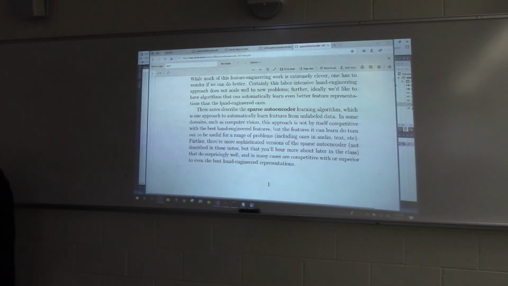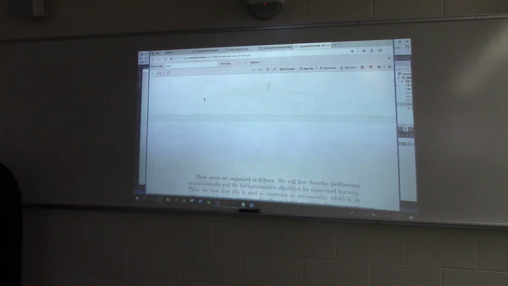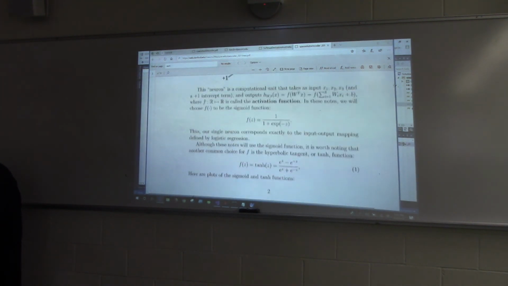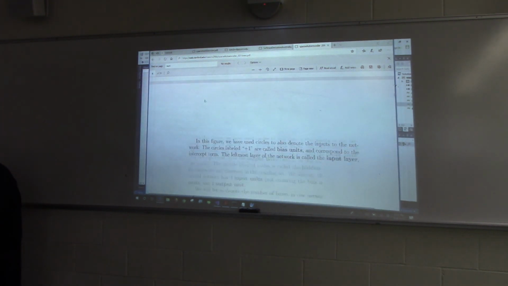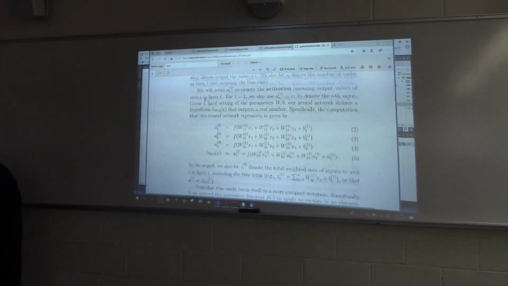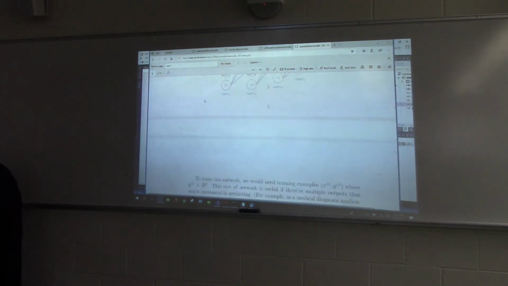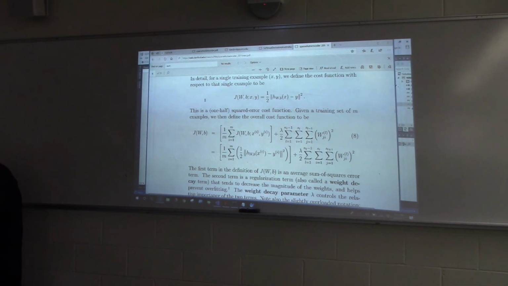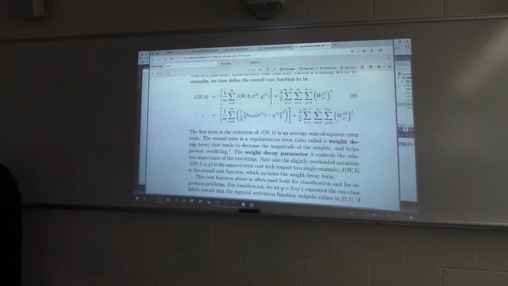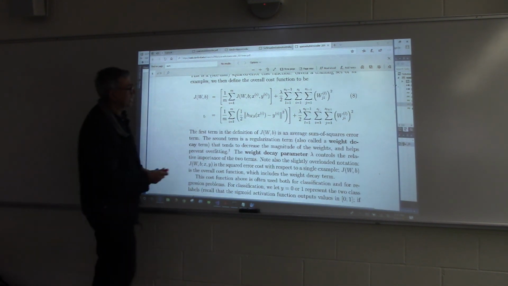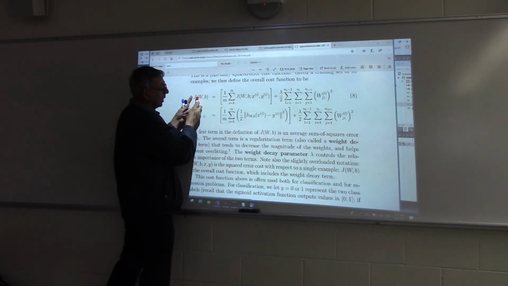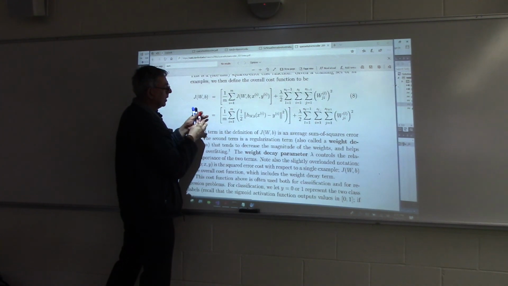The first part of this handout is standard neural networks, which you guys are experts on, so you don't have to go through this part. Okay, the part that I wanted to show you is the regularization, this equation number 2. So anyway, it's our cost function, as you can see, is m